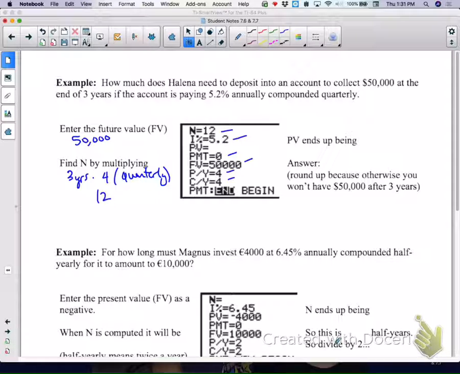So the present value ends up being negative, and my answer is going to be 42,820.99. Now, actually, that's not my answer. We're going to round up, because if she deposits that amount of money, she's not going to end up with $50,000, because the answer was actually